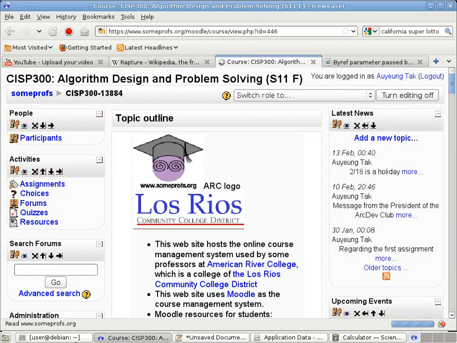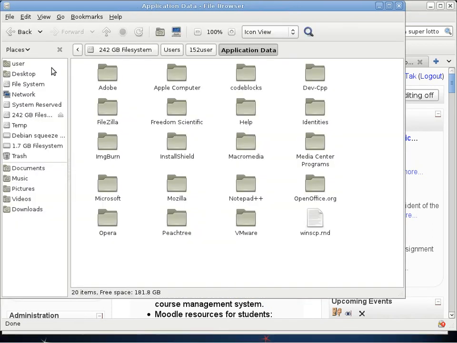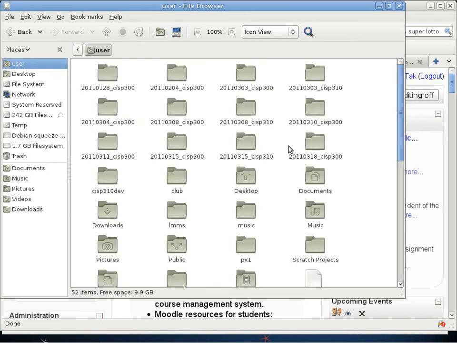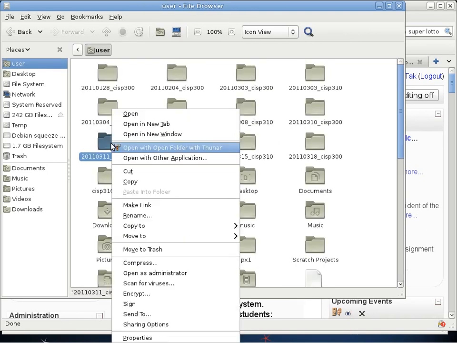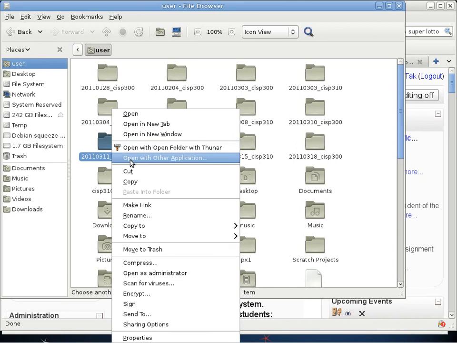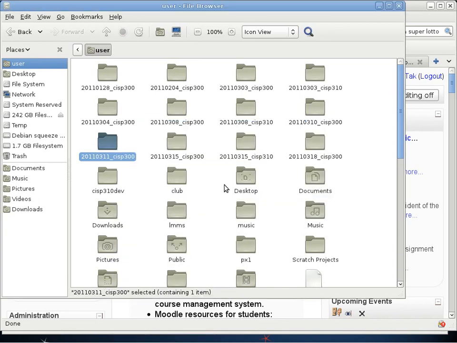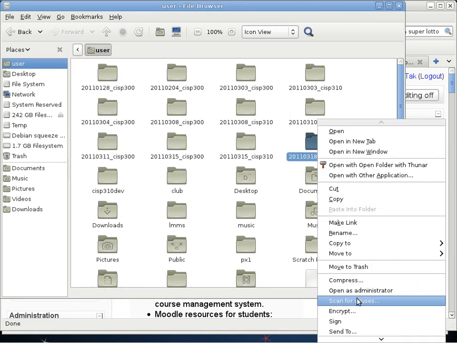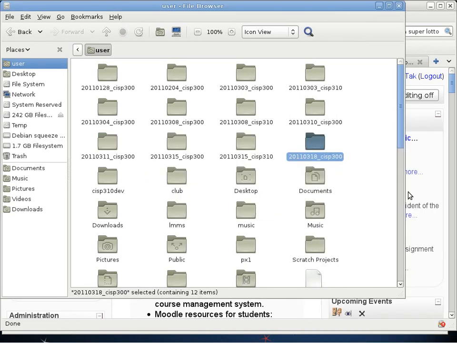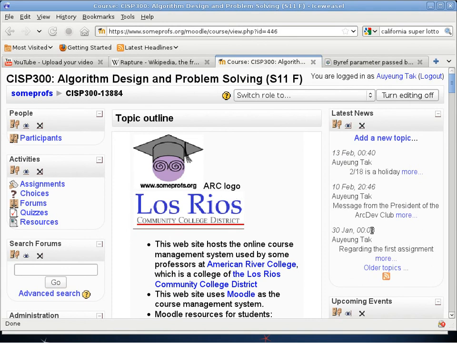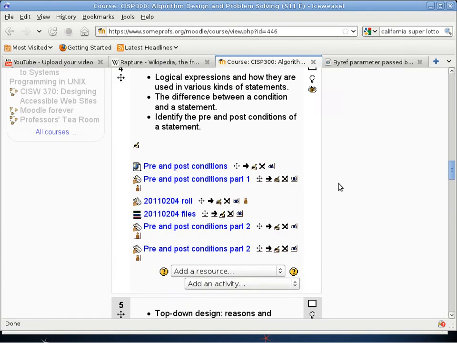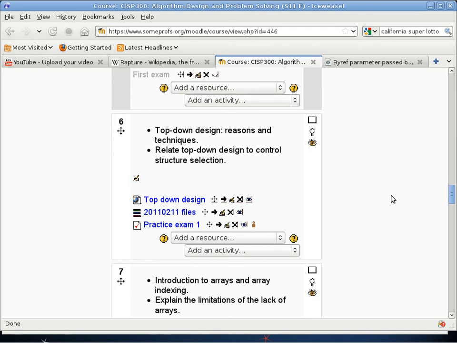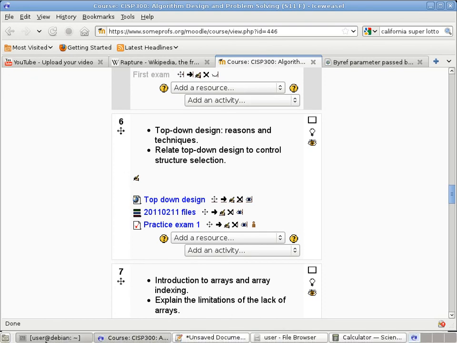Now it is time to upload the notes. Come on, where is it? Okay, we have to go to my home folder. And you mentioned it was the 11th? Yeah. Okay, so compress. And also the one for today, which is 18. Compress. Now I have to go back to Moodle and actually upload it. Did you stop recording? No, the recorder is still